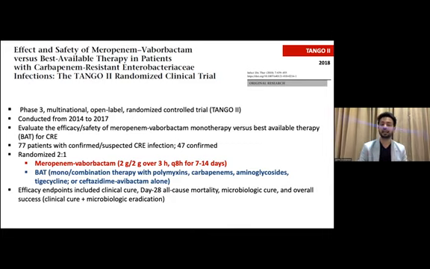The TANGO-2 trial looked into this and found that, compared to the best available therapy for carbapenem-resistant Enterobacteriaceae, monotherapy with meropenem-vaborbactam had a significant effect in reducing mortality and getting a